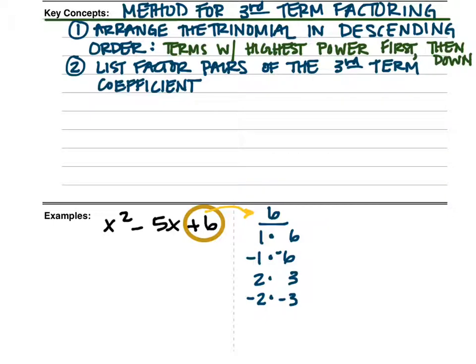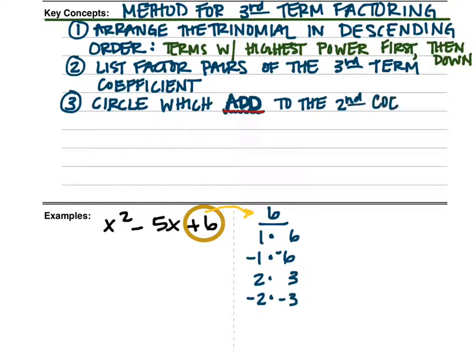The next step is to circle which pairs add to the second coefficient. I'm looking at some mental math here. So I want to find out which pairs add, again we're adding them, to get this -5. That's the second term coefficient. So in my mental math,